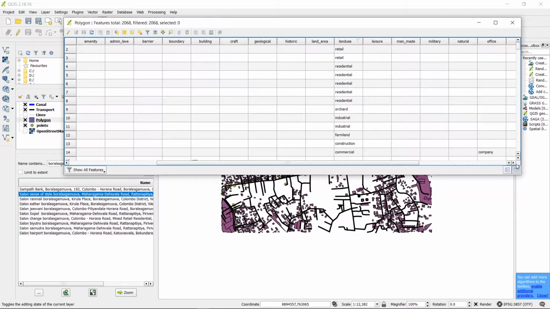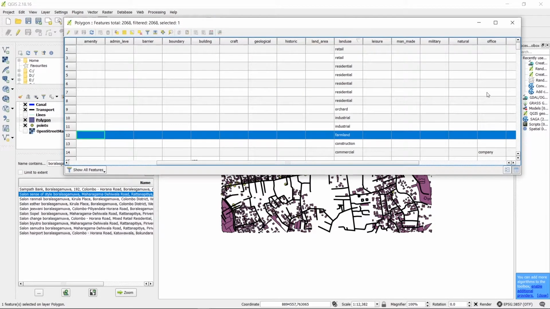I mean, you can go for industrial, commercial, residential sort of thing, or just building, natural, different classification methods, classification levels. So I'll use this farmland,